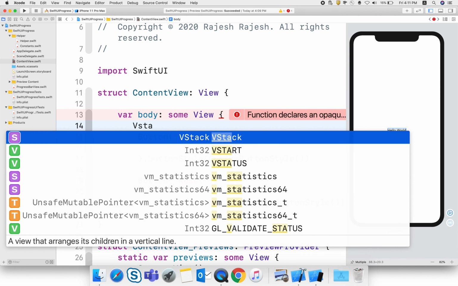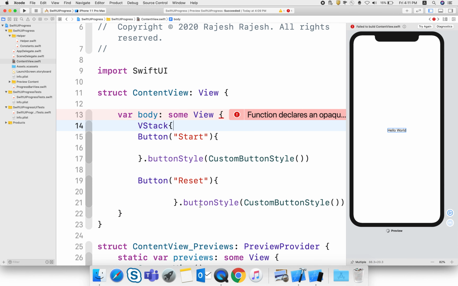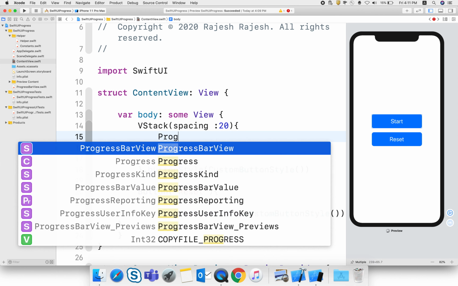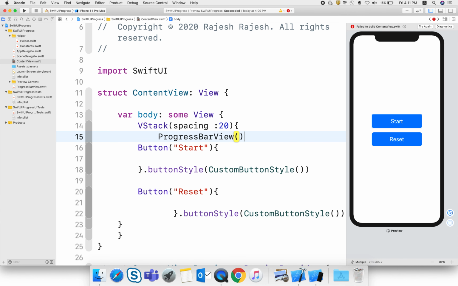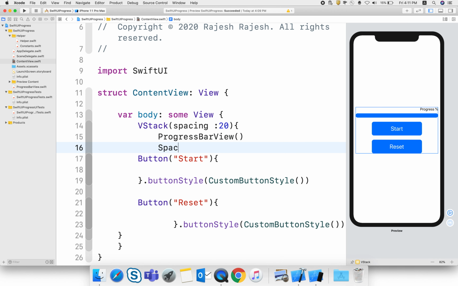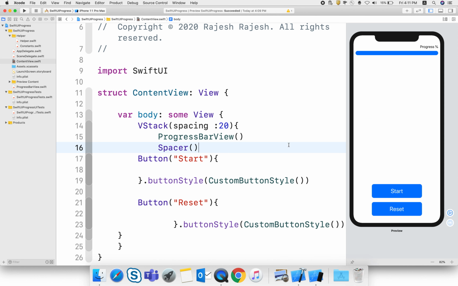And for that I'm using a vertical stack, and for giving some spacing I am using a spacing of 20, and here I am using the ProgressBarView that I created. To look like this there is just some space, so I am using a Spacer for that here. Now it looks quite good, but there is something missing.